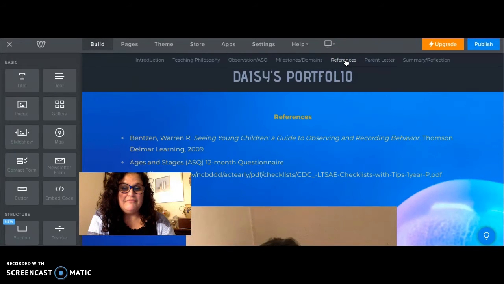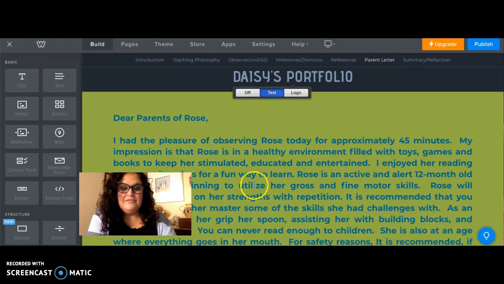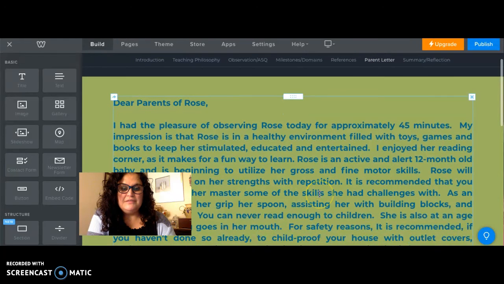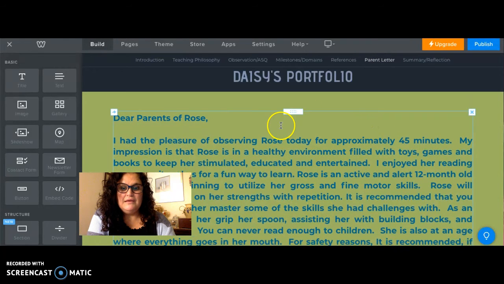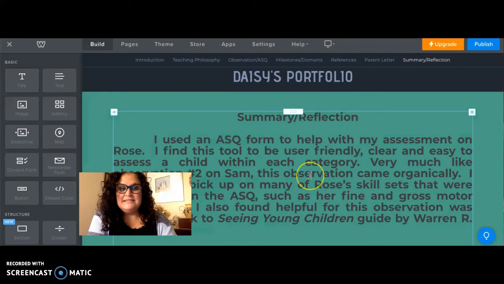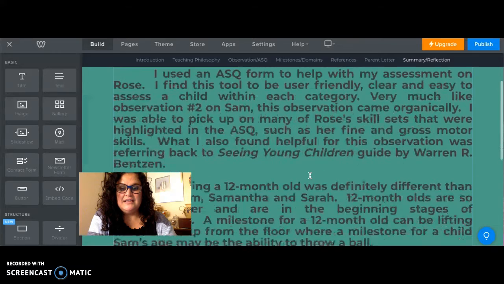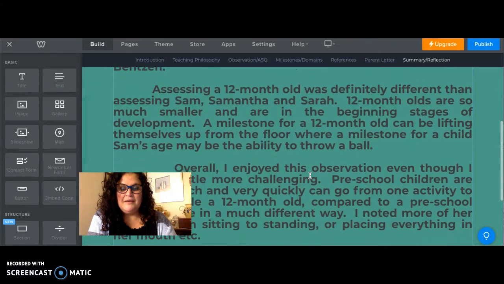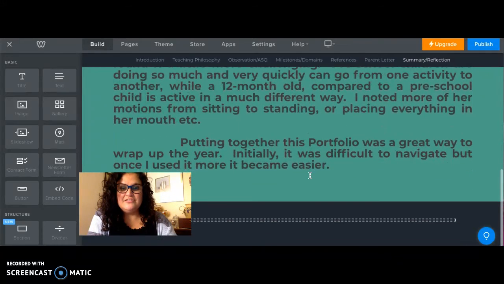And next is my reference link. So I added my references, more pictures, a letter that I wrote to the parents based on my observation. Mainly it's just where Rose is on target for things, and then where Rose may need some help with some of her fine motor skills. And then finally, a summary and reflection. And talked a little bit about how this assessment was a little more challenging for me